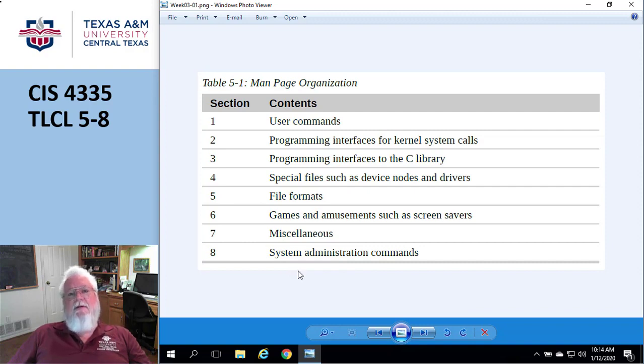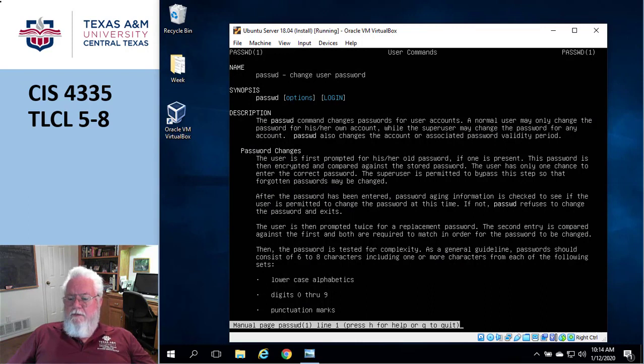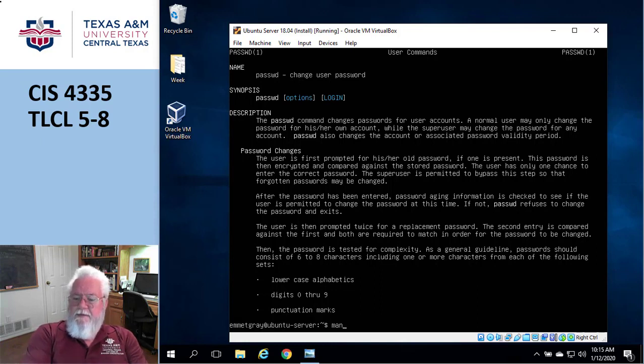So I happen to know that password is also a file. It's in etc password. Okay, so that password is both a command and a file. So what do you think I have to type to get the file format on that one? Okay, so in order to get this thing to provide me the one that I want, I'm going to say man space 5